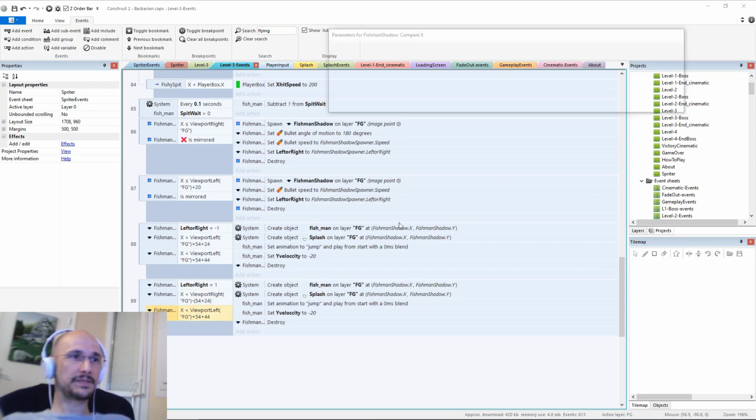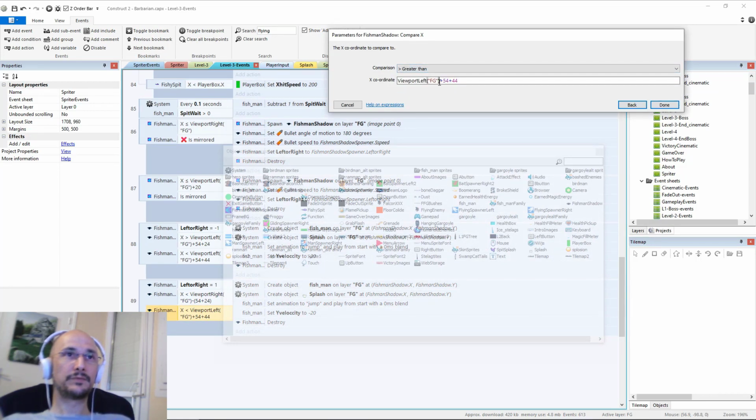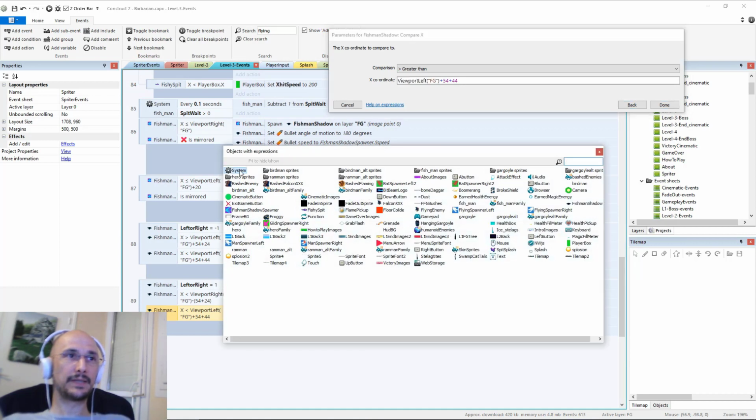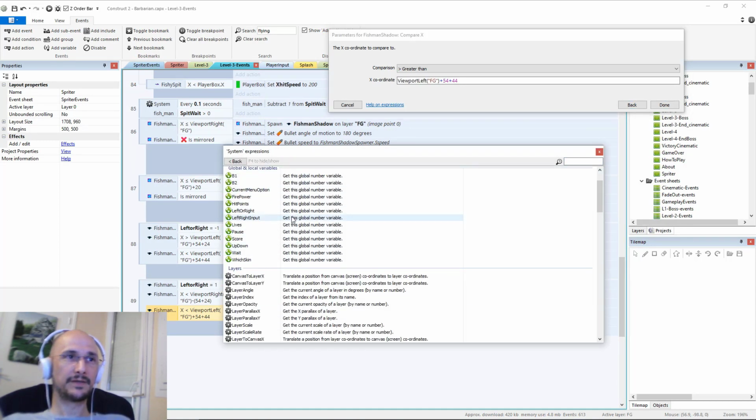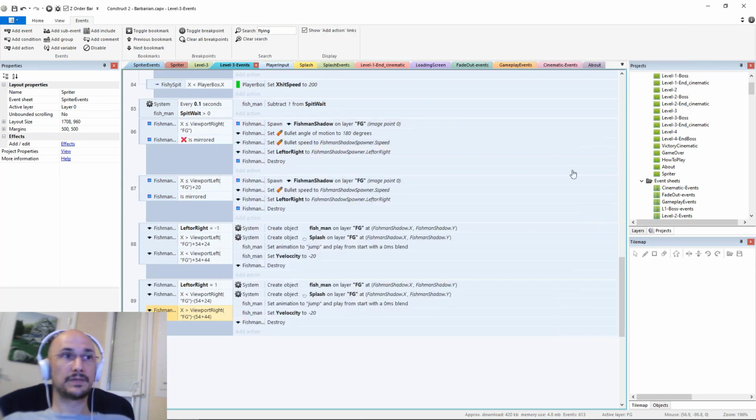Right. Let's see. And this will be greater than, and we're going to do viewport right again. I should have copied that in anticipation, but I'm tired. I don't think of such things when I'm tired. Viewport right, layer FG, and then minus. So unless I botched this, which is very possible, this should all work, but in one of these cases, the